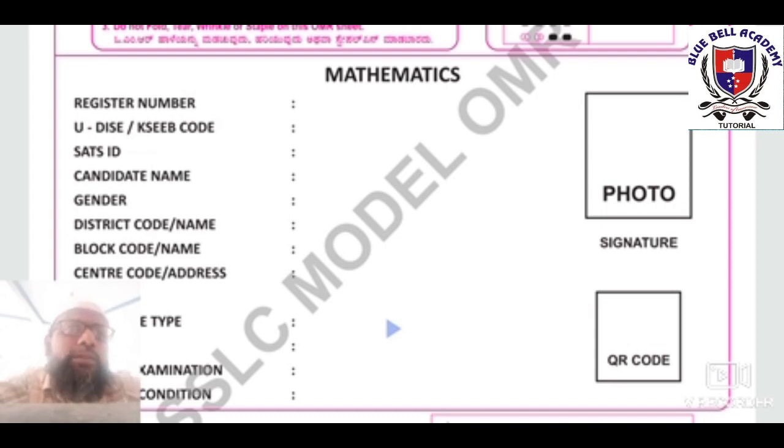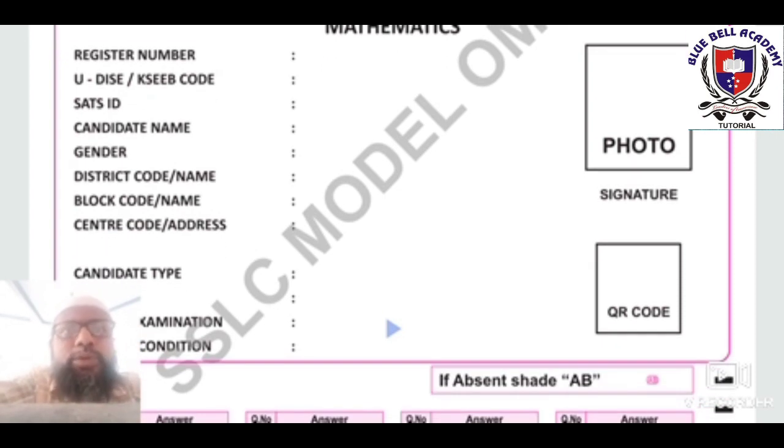Below the instructions, 12 columns are mentioned. First, the register number, which is given by the government on your hall ticket. Next, the DISE code and SATS number, which are to be mentioned by your school. The candidate name is also to be mentioned, and gender, whether male or female.